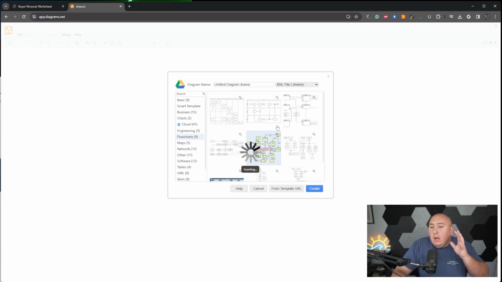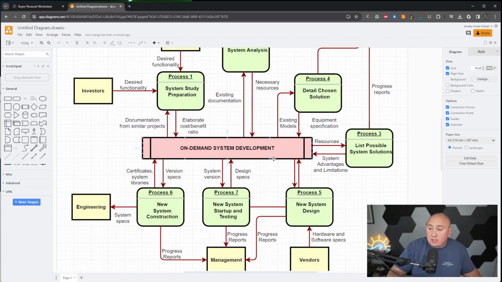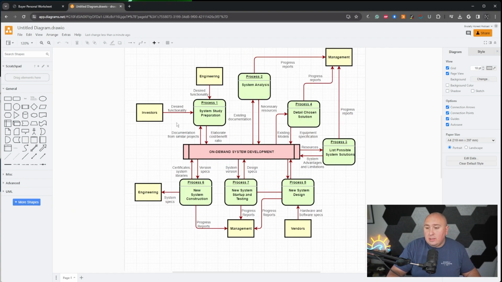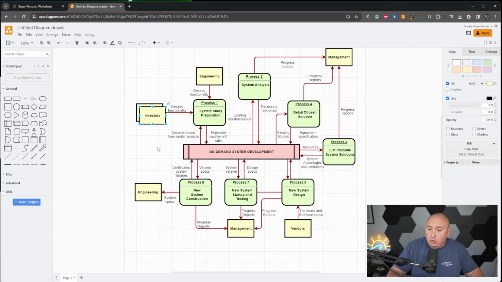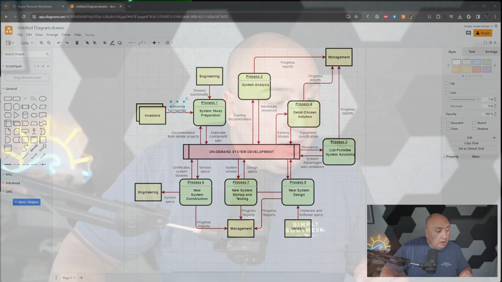That's fine. You can literally videotape yourself or screen record this of how you build out an on-demand system development and show the process. You can modify, you can duplicate these, we can move words. It's a fantastic program. If you are genuinely terrified about being on camera and you're a network guy or a systems engineer guy, show people the process of what you do and how you do it and how you're making things happen, or how HIPAA compliance works for you in your region, whatever it might be.